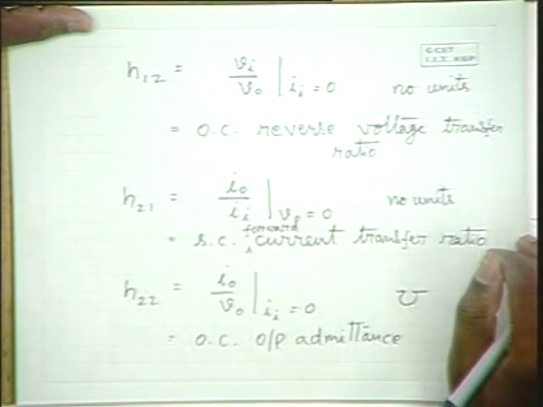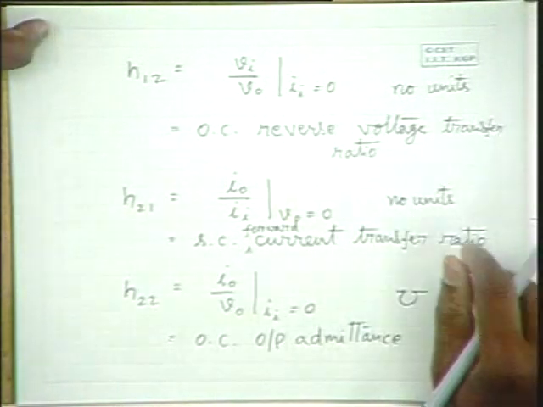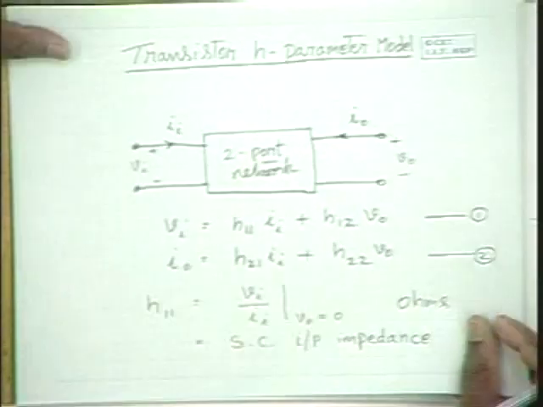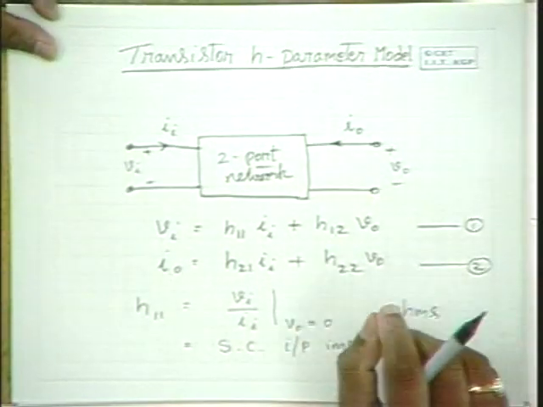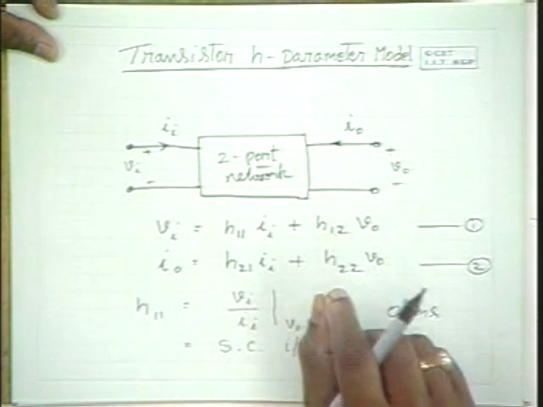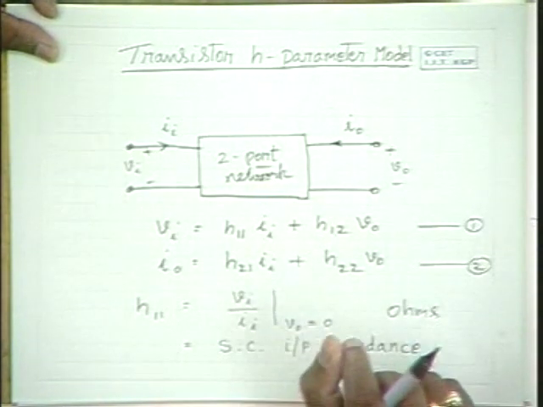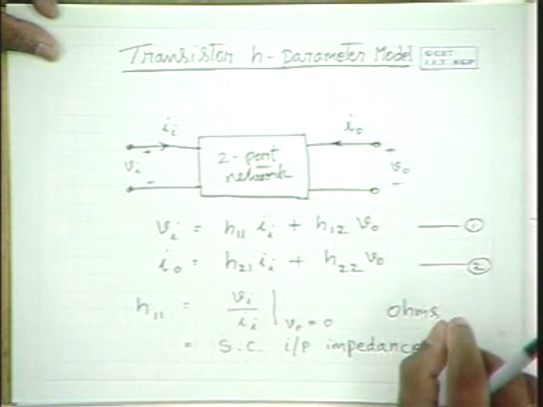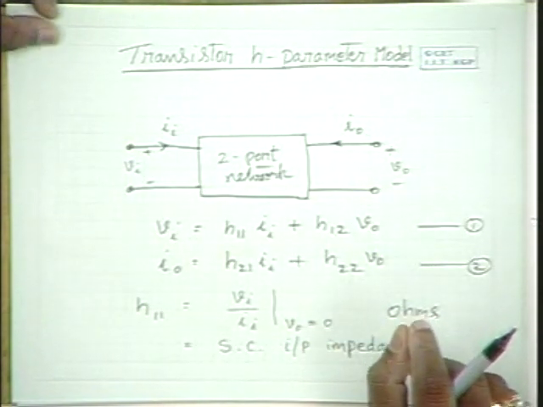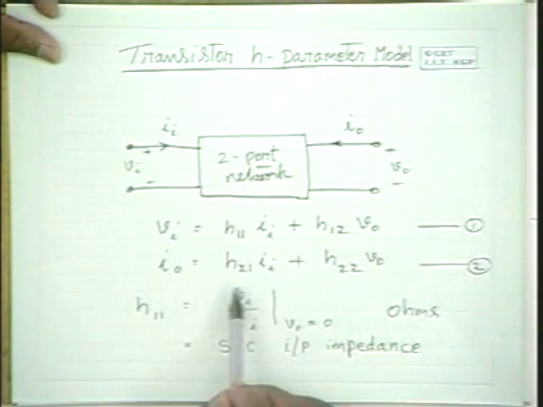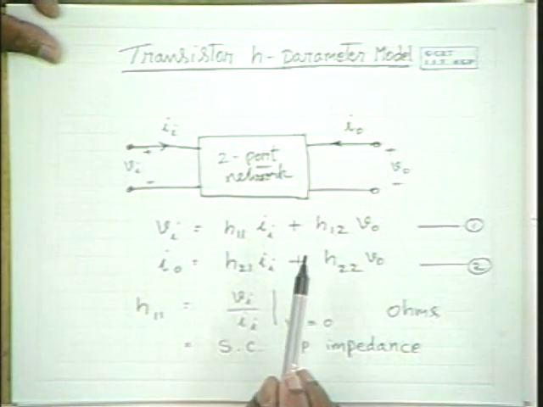So these are the various parameters, what the parameters mean to us, and if you are asked to determine experimentally, this is the way you can determine these parameters. So now the question is, how do they help us? They do help us because once these parameters are known,